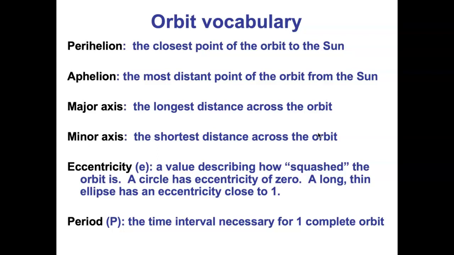The period of an orbit is the time that it takes for one orbit. Right? This is another important piece of vocabulary. When you talk about the orbital period, period means time. Right? The period of an orbit is the time that it takes the planet to orbit the sun once. So what is the orbital period of the Earth? Well, the orbital period of the Earth is 1 year. It takes the Earth 1 year to go around the sun.